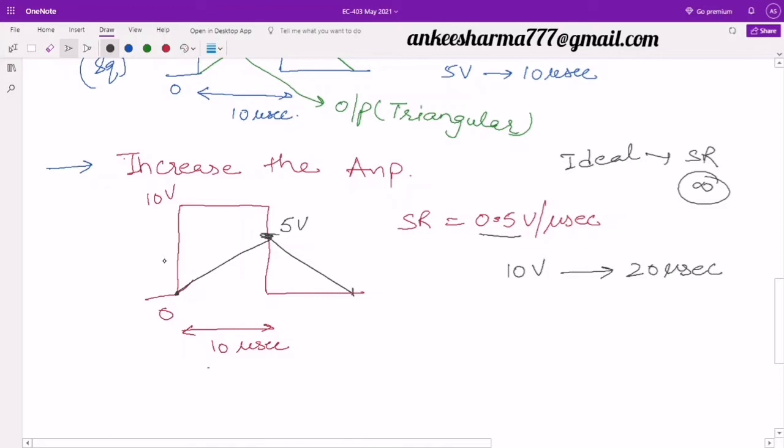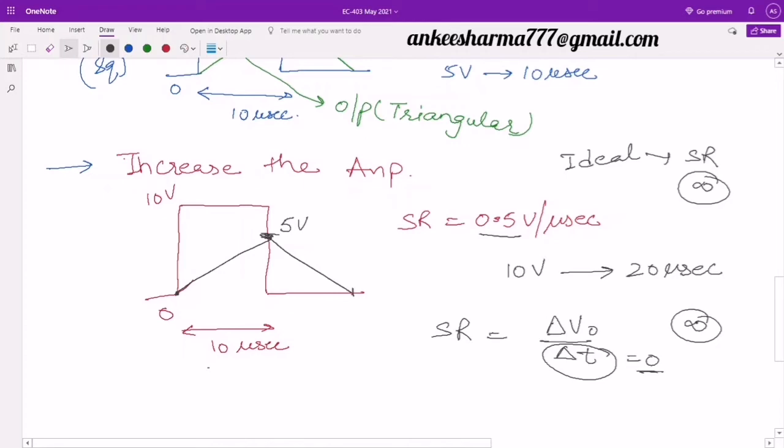Zero is only possible if I look at my slew rate, it is equal to delta V naught by delta t. So slew rate of infinity is only possible when my delta t is equal to 0. Then only I will get the value infinity. It means at no time this change should be there. But in practical cases it is not feasible for us. We have a slew rate over there, so in those scenarios we need to identify the perfect IC depending upon our application. If the amplitude is very large, then we have to consider higher value of the slew rates.